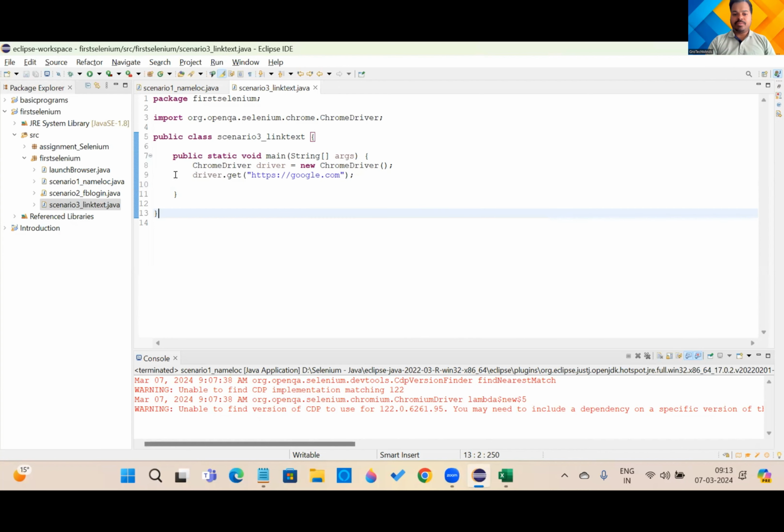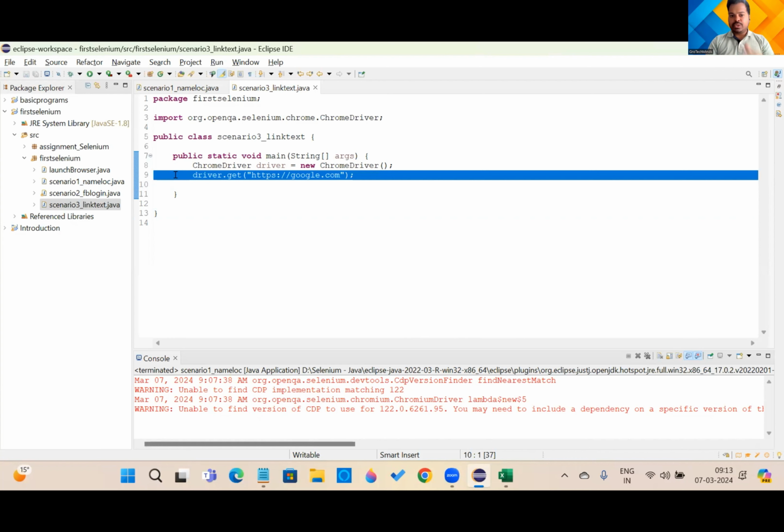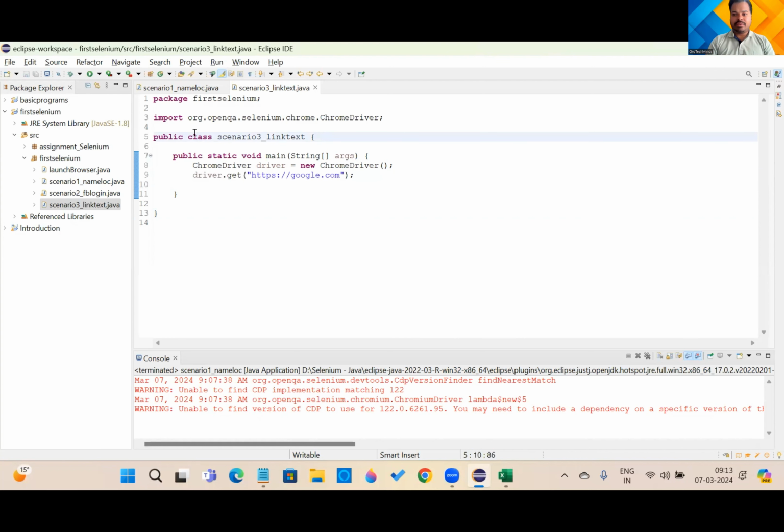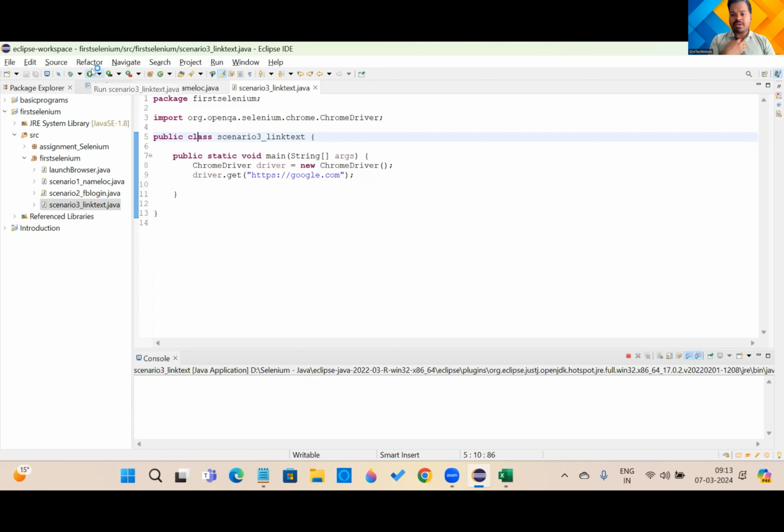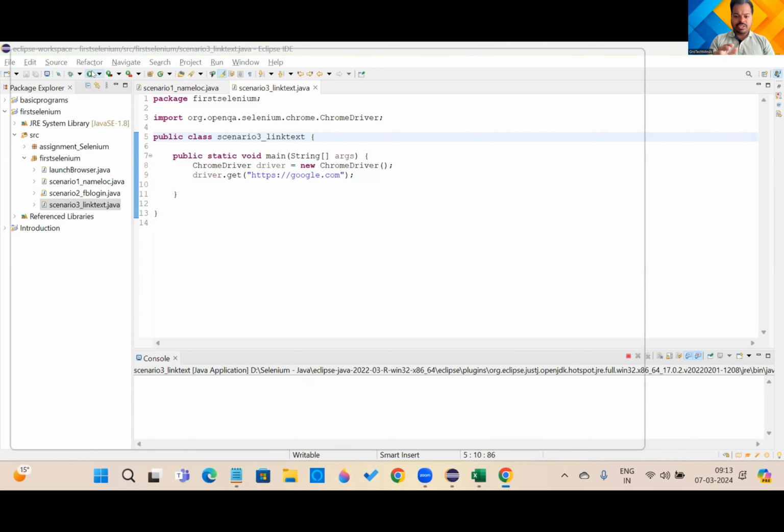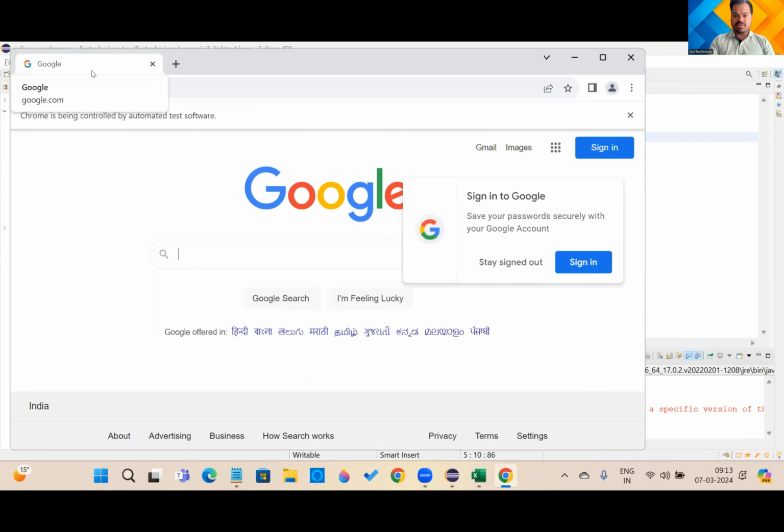Then I'm going to navigate to google.com. Then I want to click on that Gmail link, but this time I'm going to choose my locator as link text. So I'm going to run this just to check whether the empty browser and google.com are working fine. Since it is working fine,